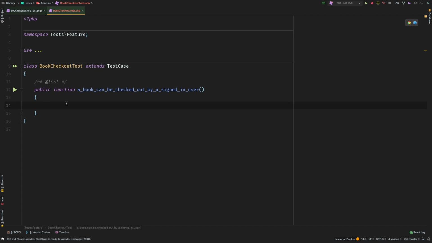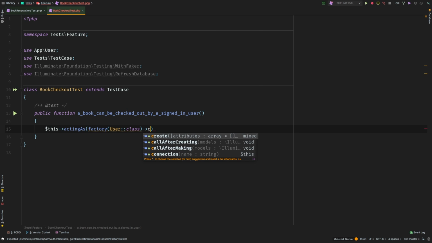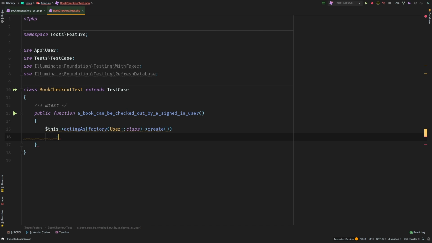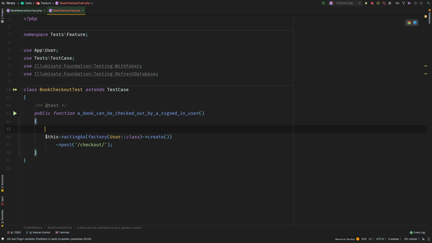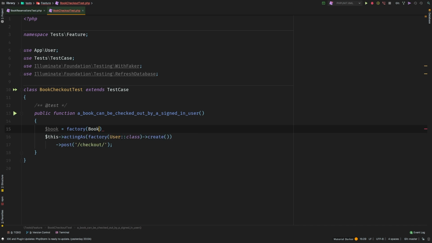So what kind of endpoint are we going to hit? Well, I know for a fact that, first of all, I need to be acting as a user. So let's go ahead and create a factory and then use the User class to create a new user. And then we're going to go ahead and hit a post route, and perhaps we could just call it /checkout/ maybe the book ID. So that reminds me, we do need a book, otherwise we wouldn't be able to check out a book. So let's create a book as well. So factory Book class,